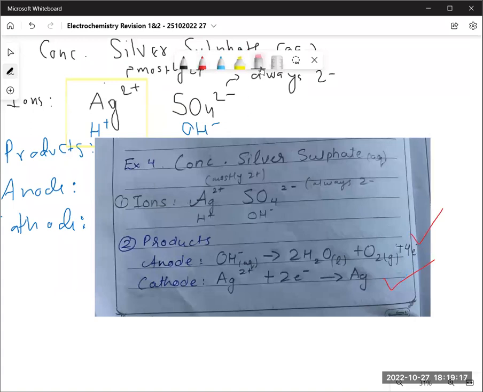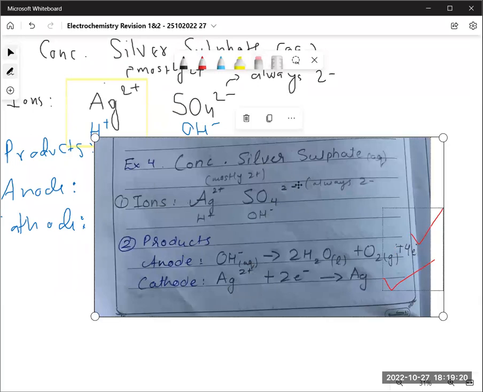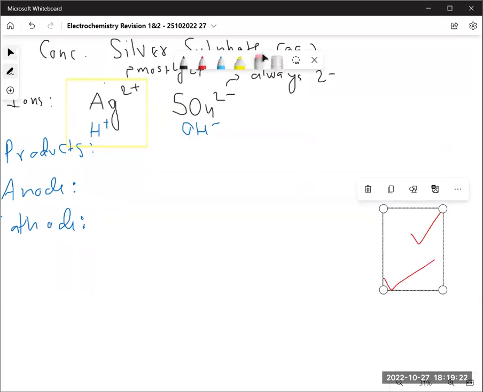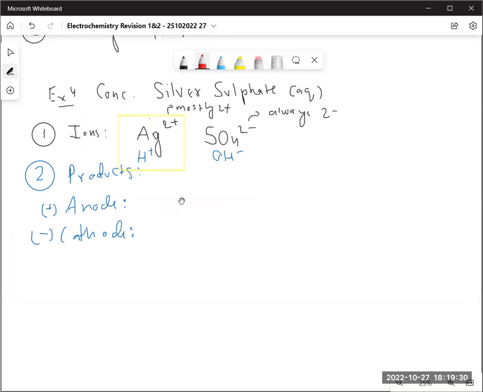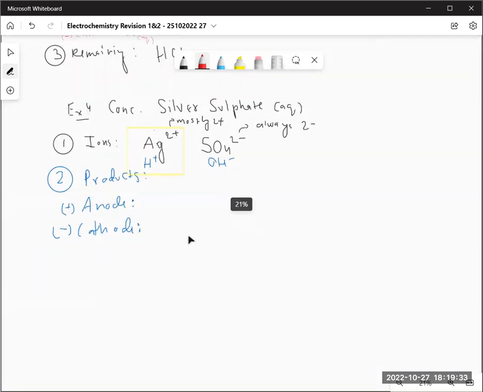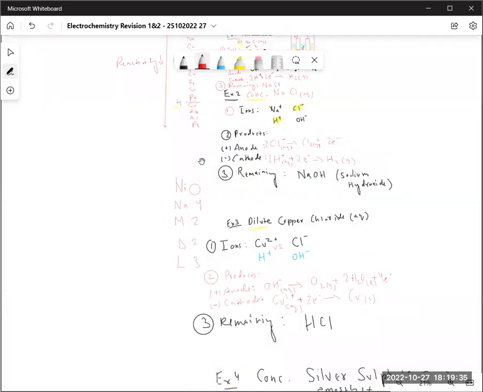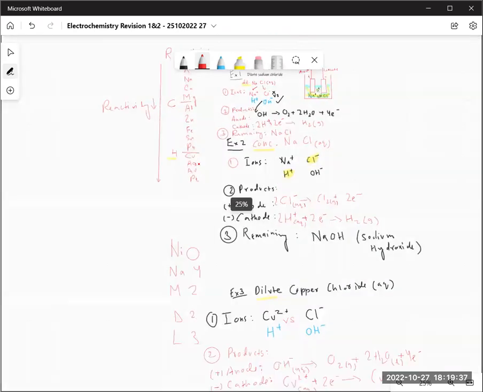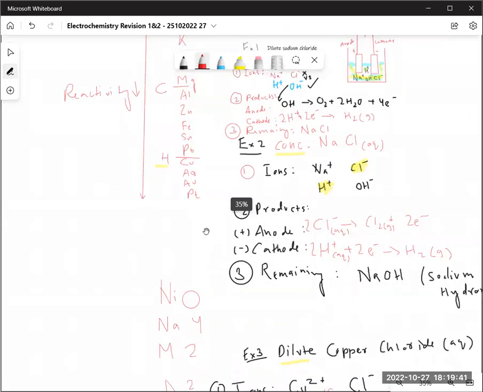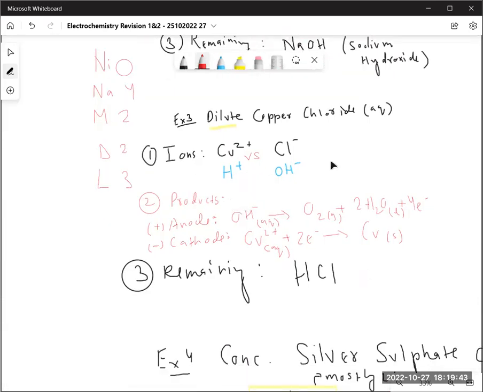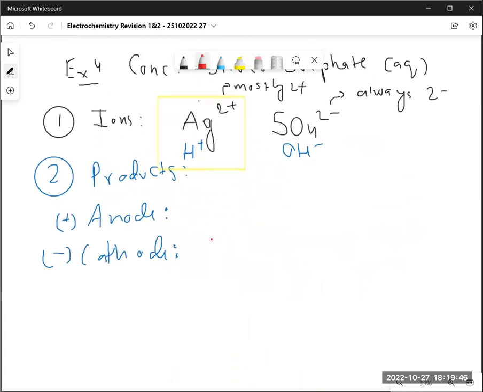Now, how do we get Ag plus? Because the rule is that whatever is less reactive, Mawadda, that forms. That is the rule for the cathode. Since I know that Ag plus is lower in the reactivity series, let's look at the reactivity series right here. Silver is right here, so it is below hydrogen. So it will form. So the answer will be at the cathode: Ag plus